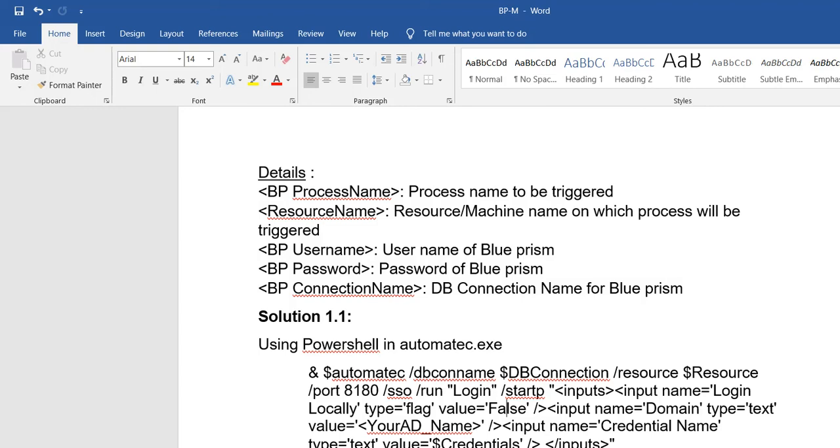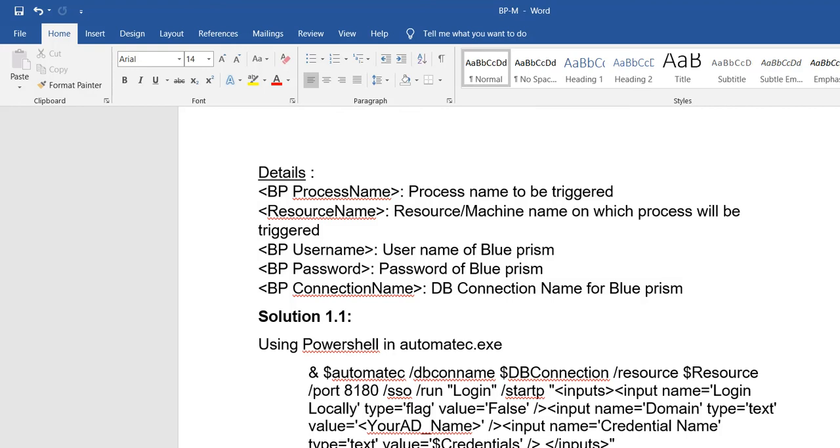Sorry. So these are all the details you have to give when running through automate c.exe in PowerShell. If you give this input, you will get the output as bot status. So this is the one thing.